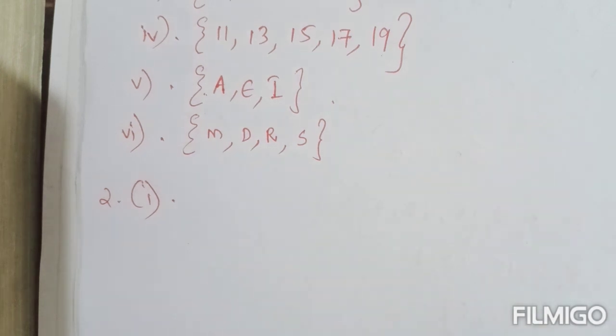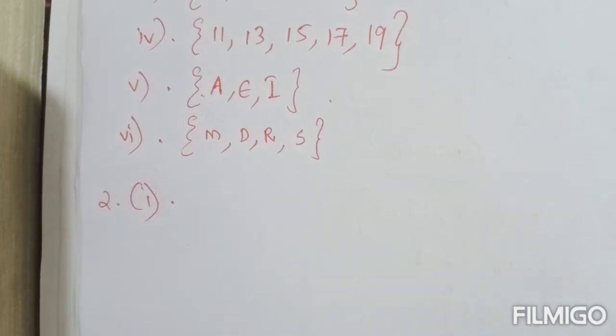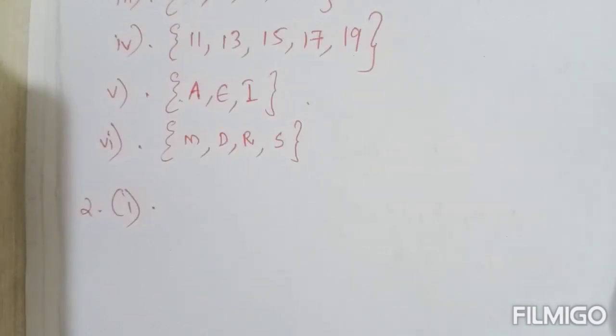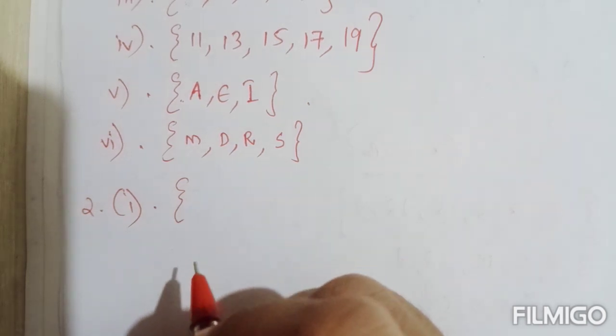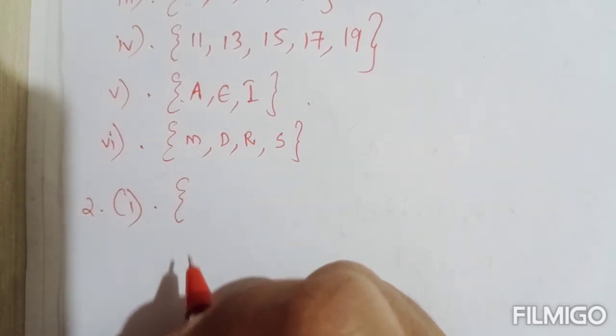Second question, write each given set in the roster form. So in this question also you have to write in roster form. First one, all prime numbers between 1 and 20. So all prime numbers between 1 and 20 you can write inside curly brackets, and the elements you can separate